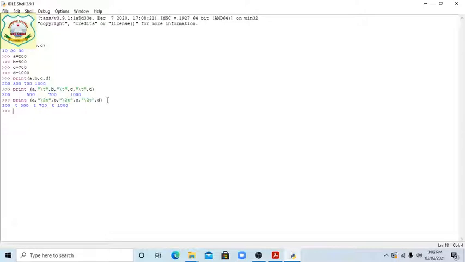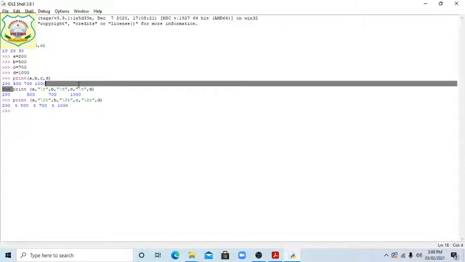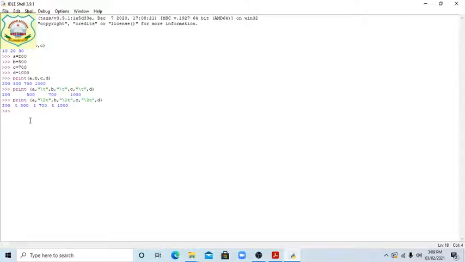Okay, if any number value you have taken, better use this one. Again I am showing each and every one. A equal 100, b equal 200, c equal 300, d equal 400, e equal 500.